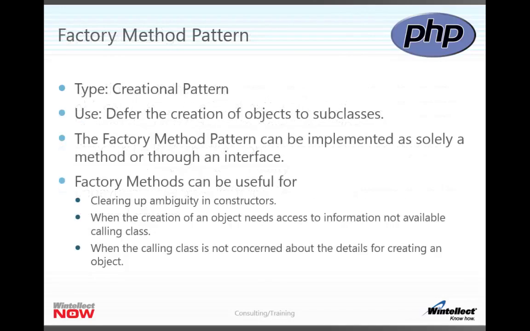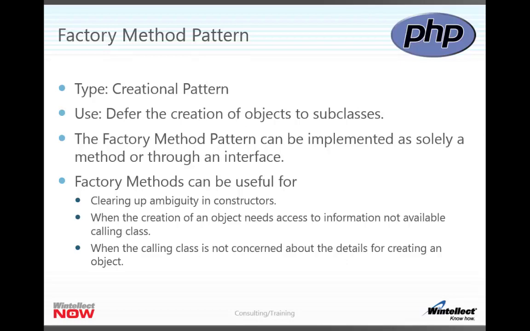The first pattern I want to introduce is the factory method pattern. Now this is a creational pattern, and what the factory method pattern is for is to create objects of a particular kind. Anytime a method's purpose is to create another object, it's called a factory method. And as you can think about a factory, what does it do? It creates objects. It creates things. A car factory creates automobiles. A clothing factory produces clothing. So if you think of a factory method, its purpose is to produce an object inside of a program.